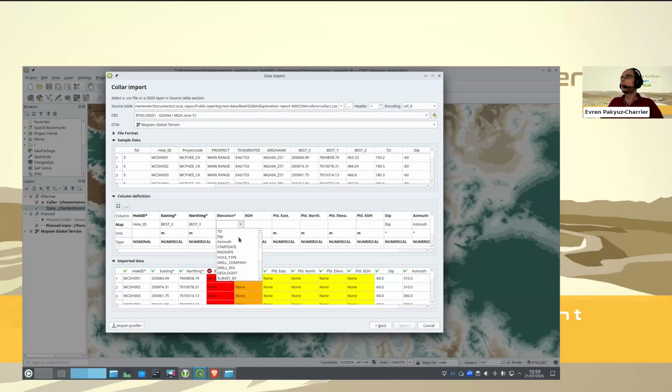Or we can pull it out of the file itself, and we have a base Z here. So that is what we are going to do. EOH stands for end of hole, which in this case is actually nomenclature for total depth. It is the total length of that drill hole. Then we got plan east, plan north. So this is useful when there is some kind of discrepancy between where a